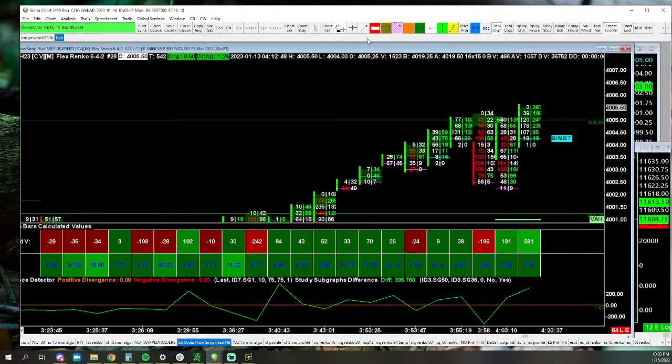I can't draw a line there. We tested above. They tried to reject with a big push, but they didn't get any speed behind it. Had that broken down, that's very, very bearish. But it's very hard to do when you have this level of a trend. So you don't want to immediately panic here, but you want to be aware that this is exactly what sellers would try to do if they were going to roll it over.